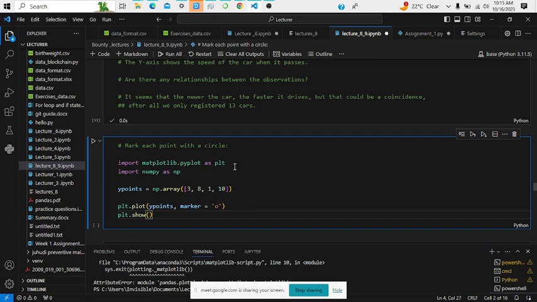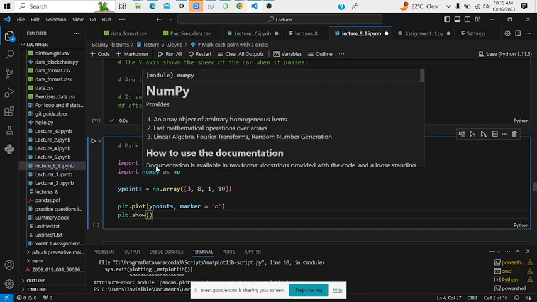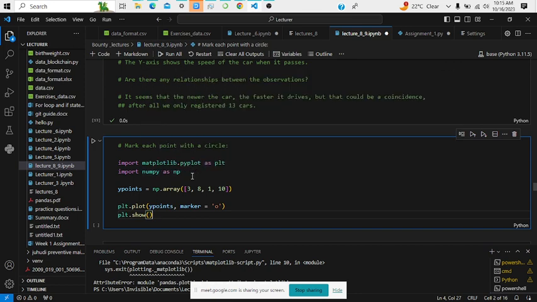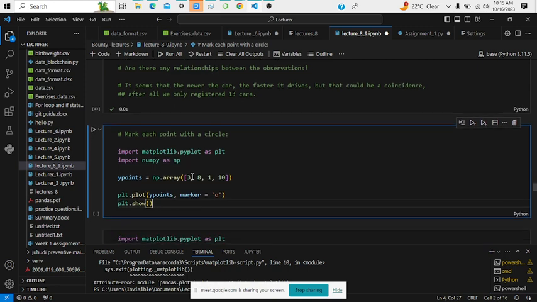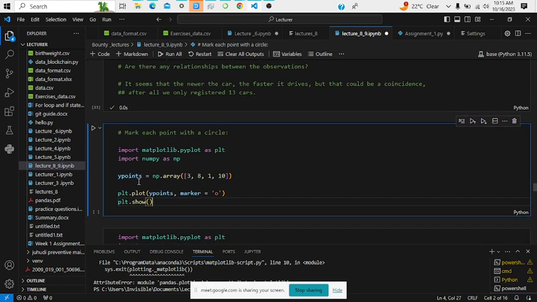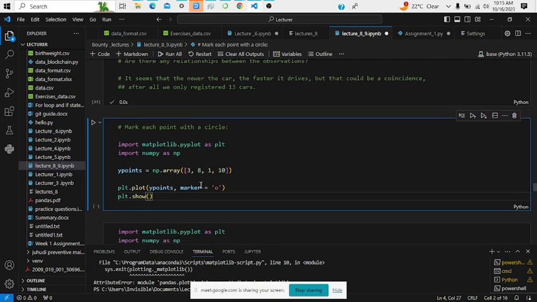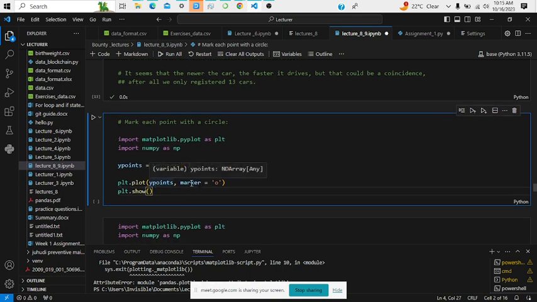and we always start with the importation of these libraries. Now you can see at first we were just importing one, but this time we have numpy and matplotlib.pyplot. So again, the y points is equal to np.array, and then we want to mark every point with a dot. Is this a dot or a zero? And then we can just show that. Let's just run this code,